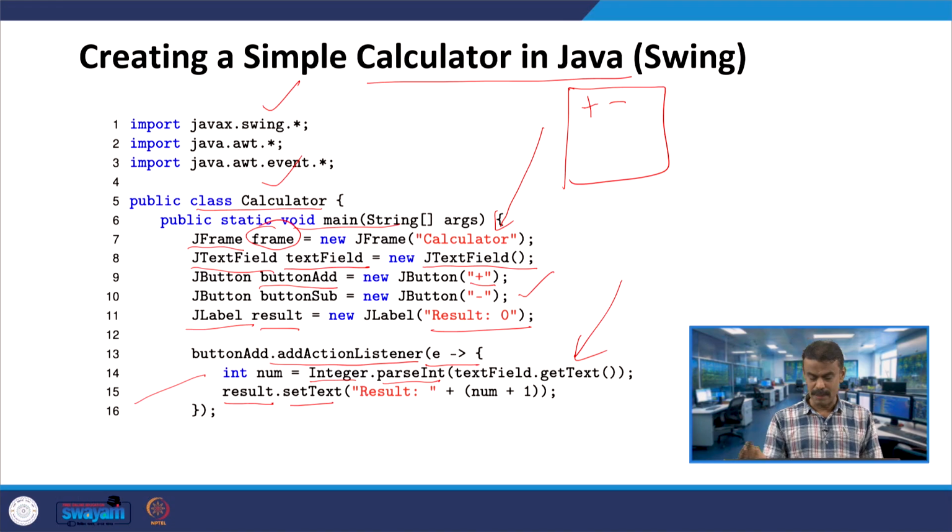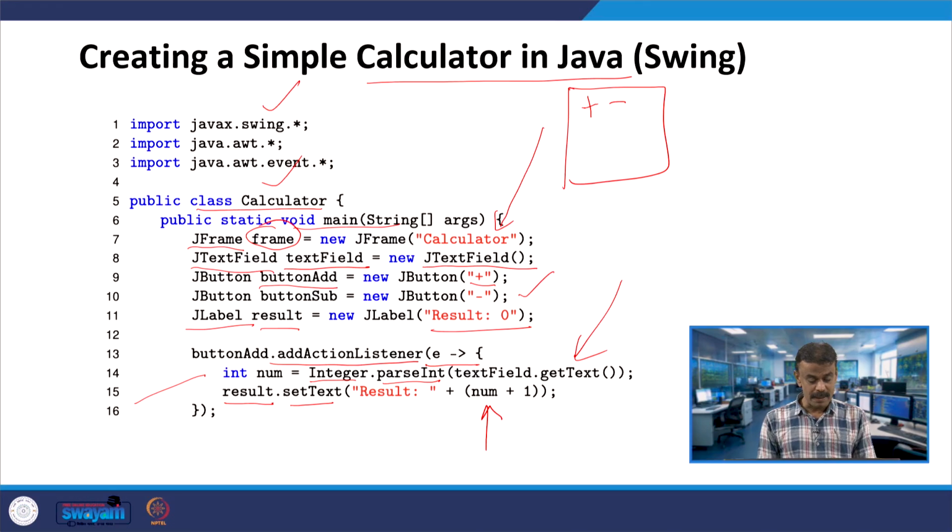Suppose I have some number, the number will be incremented by 1, number plus 1, I have result as number plus 1. Similarly this is for the case of addition, button add action listener, button add, yes, you have line number 9. So, the line number 9 object is invoking the event listener, you call it addActionListener.